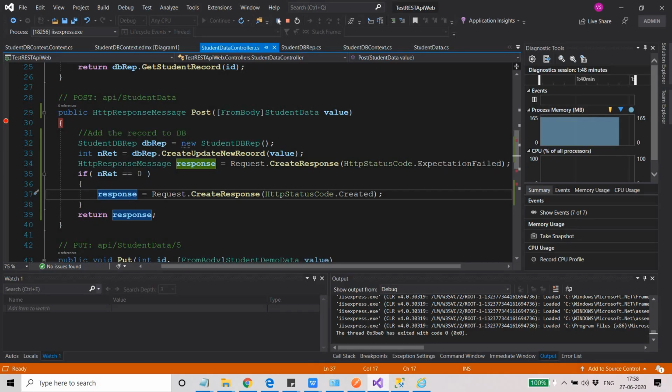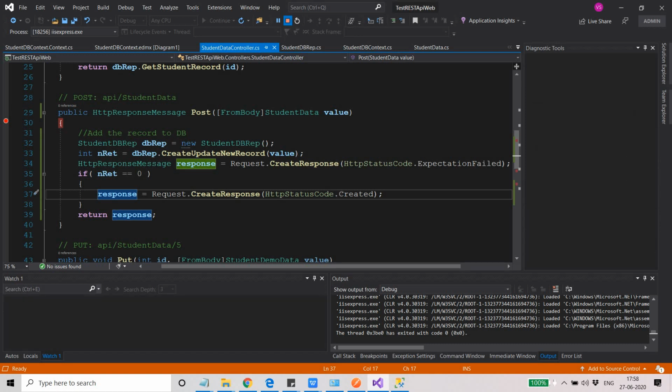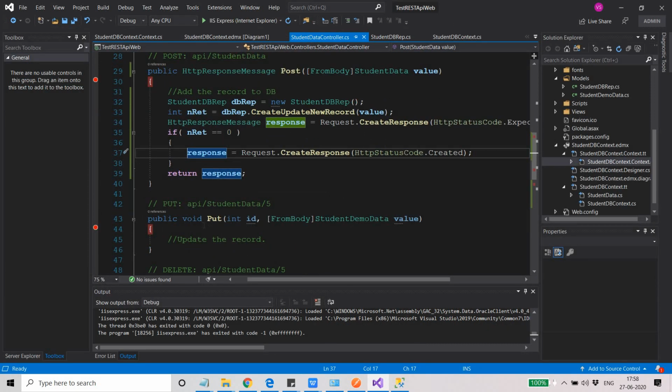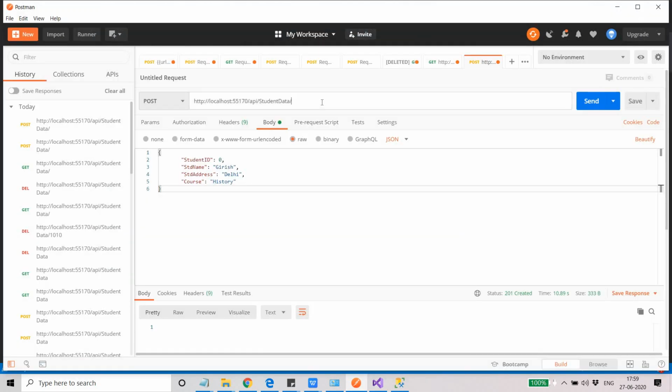All right, so this was about the post method. Similarly, you can do the same thing for the put method. Put method is basically used for updating an existing resource. You give an ID and then you provide the value, right? So both things you need to provide from Postman. So it would be like ID, and then here you need to provide the resource in the JSON format, right?